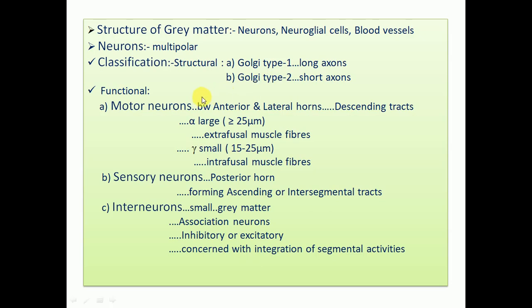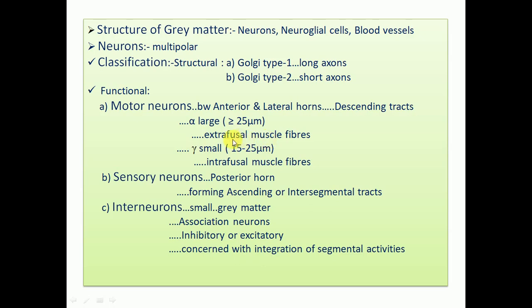Now the functional classification of the neurons of the grey matter. First is the motor neurons. Motor neurons are mostly present between the anterior and lateral horns, and they form the descending tracts and form the motor roots of the spinal nerve roots. Motor neurons are again divided into two types according to diameter, alpha and gamma. Alpha neurons are the larger ones, more than 25 micrometers in diameter, and they innervate the extrafusal skeletal muscle